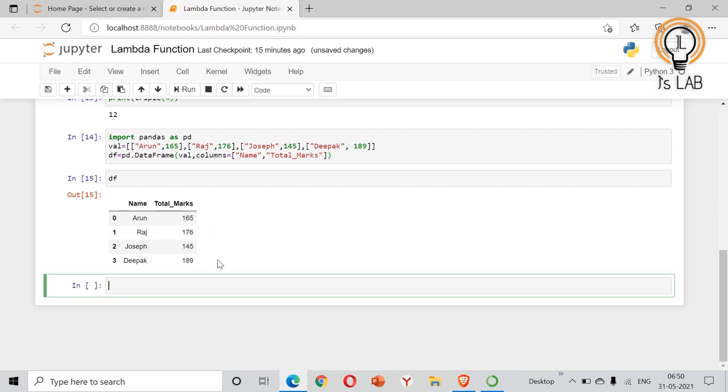Now using lambda function, I am going to create a third column to calculate the percentage of marks of each student. For that, what I can do is, I will modify our data frame, df.assign, percentage, that is the name of the third column, which is we introduce lambda.